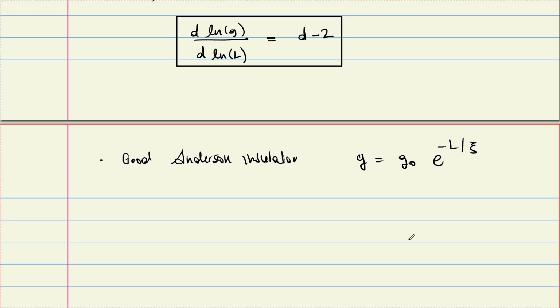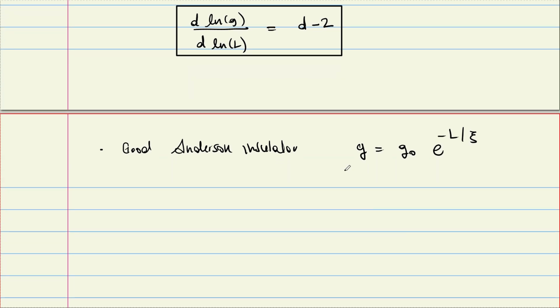In the Anderson insulator, the conductance decreases exponentially with system size because you are localized. From here we can look at ln g equal to some ln g0 minus L over psi,